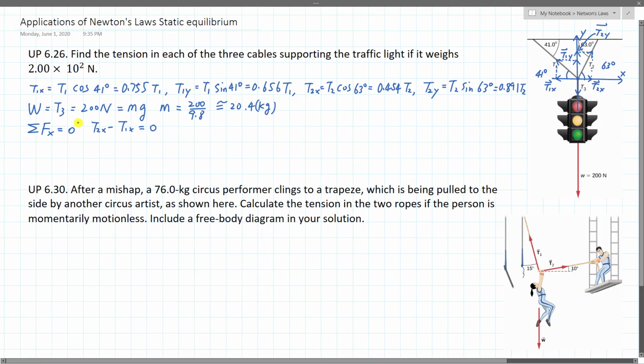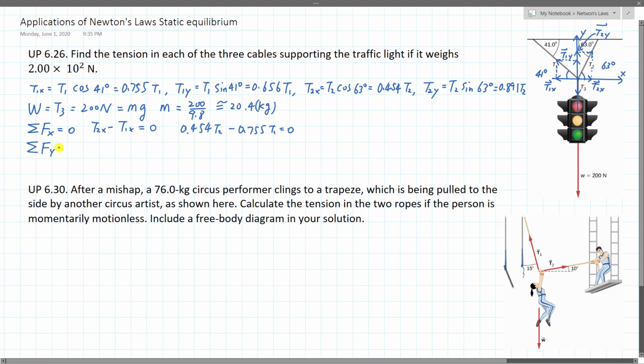The 0 was supposed to be mass times acceleration, but we have equilibrium, right? So there's no acceleration. That's why that was a 0. Okay, so T2x is 0.454 T2 minus T1x is 0.755 T1 equals 0. You can't really solve it because there are two unknowns. So now let's go ahead and do the other Newton's second law